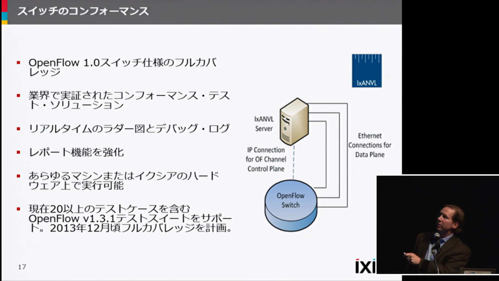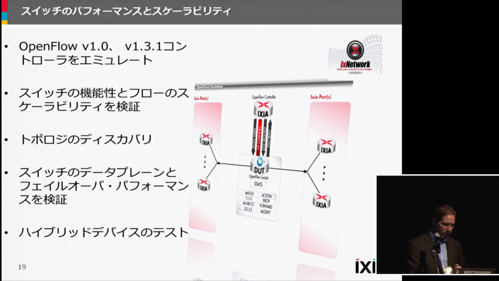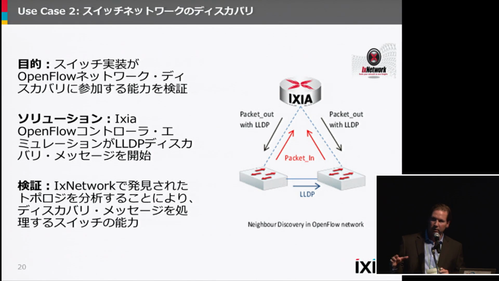With IxANVL, we sit on a server or the Ixia hardware. We emulate a controller and can functionally validate all of the OpenFlow messages and validate or verify them on the data plane side as well. So again, ANVL has conformance suites for 1.0 and 1.3 in early release already. As you look at the second use case here,